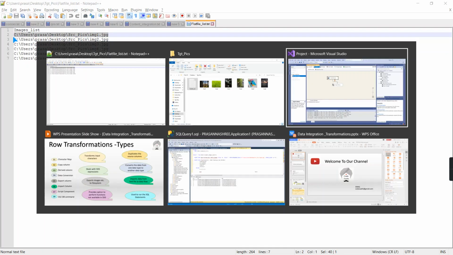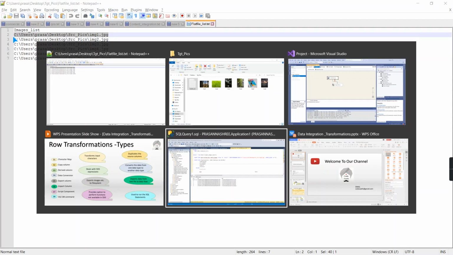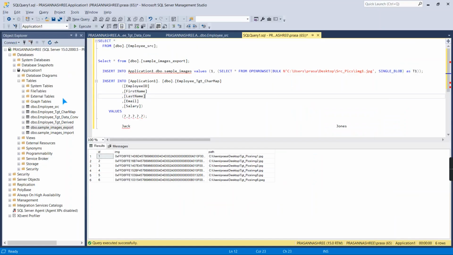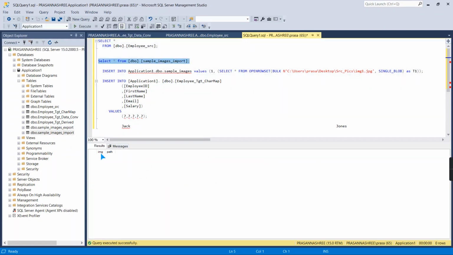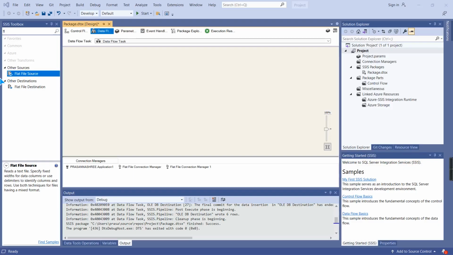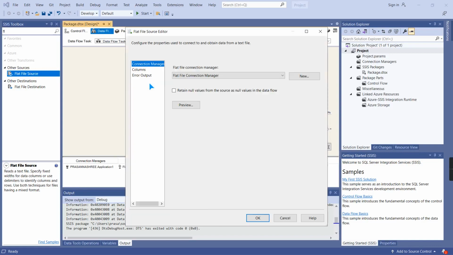So first I am going to check the target table, whether it is empty or not. You can see here it is empty. At the source, my source is a flat file, so I am going to configure it.